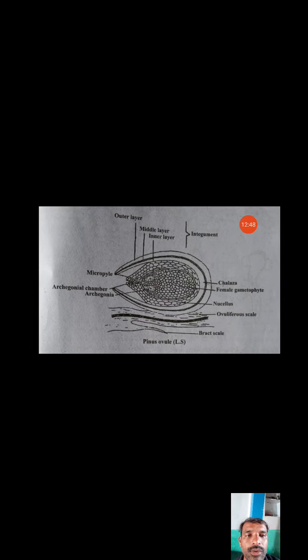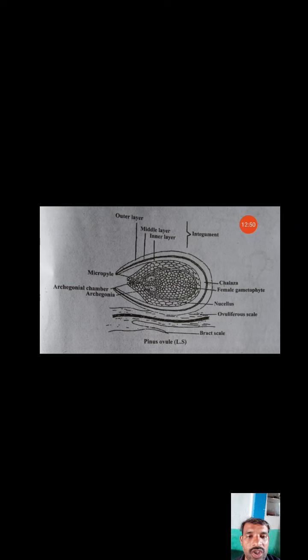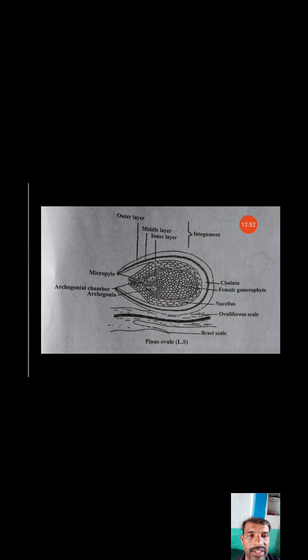Each pollen grain has two wing-like air bags, commonly called wings. Initially, pollen grains are uninucleate and unicellular, which means they have only a single cell and only a single nucleus. The pollen grain's outer wall is called the exine and the inner wall is called the intine. Before pollination itself, the pollen grains start developing into the male gametes.